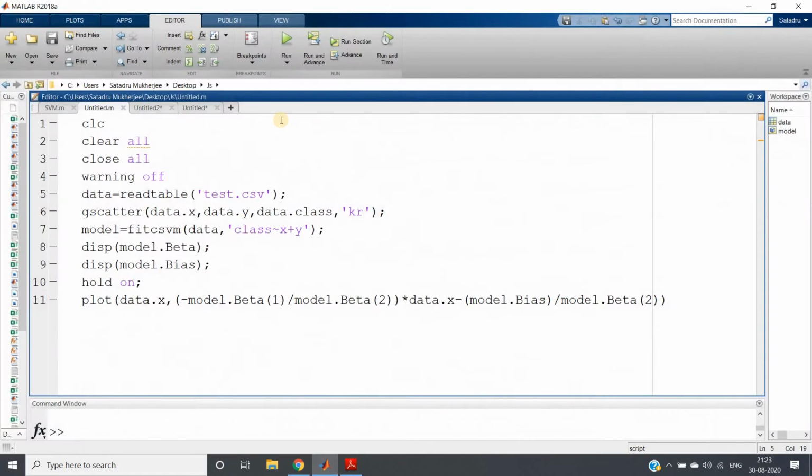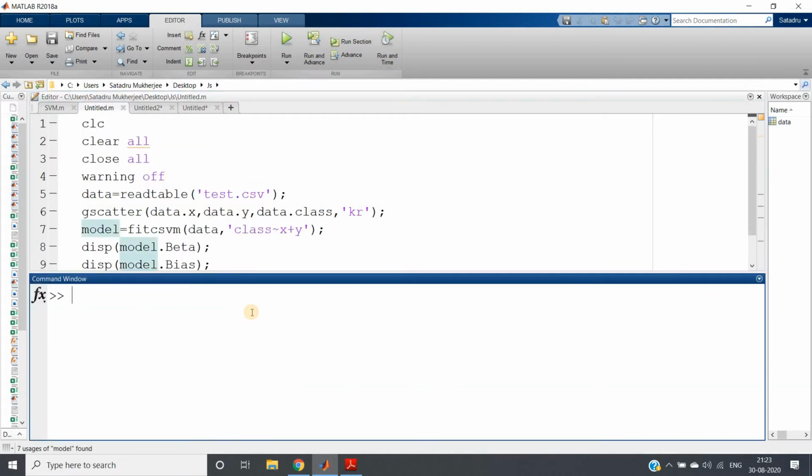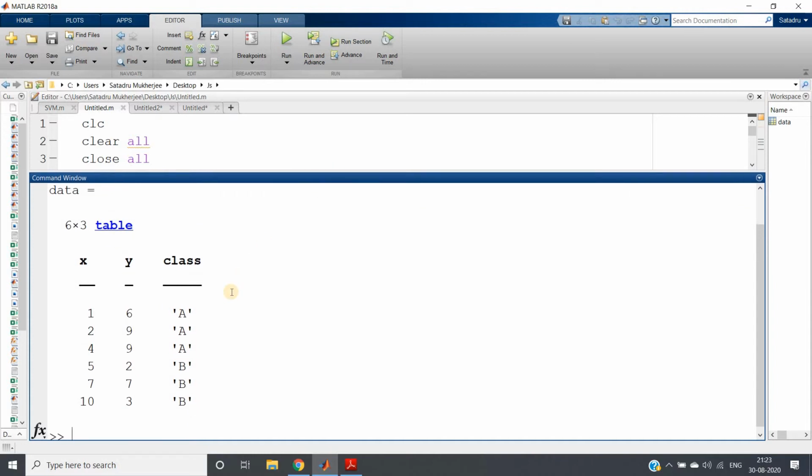So let us see example cases. First, I have taken a very small dataset, randomly created, because this is the first example of decision surface plotting. If you want, you can check the description box, where the dataset links or the datasets directly, and the code will be given. No need to worry about a single thing. The data has two independent features, x and y, and a class. No need to apply outlier detection, null value removal or feature scaling. I am just showing you for understanding how you can plot the decision boundary.